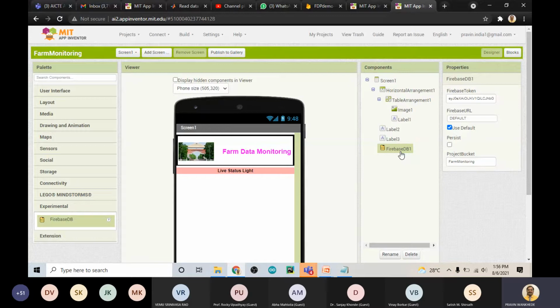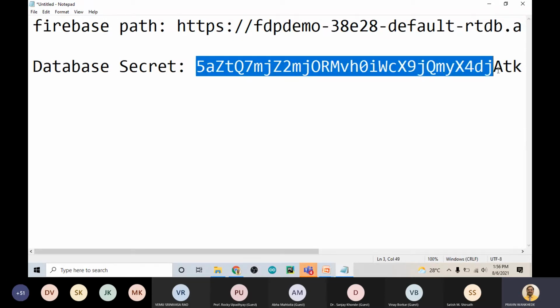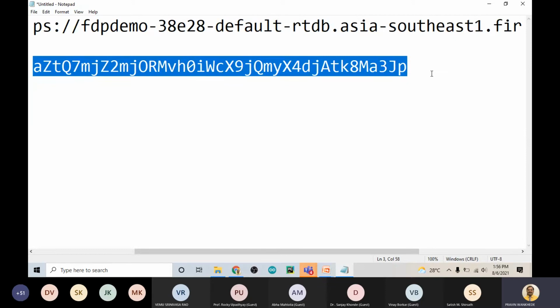Now, on the right hand side, if you click on the Firebase, it is showing some parameters. The first parameter is a Firebase token. Second is Firebase URL. Then it is called a project bucket. Okay, so what do we have to do now? In the notepad itself, we have copied something already, correct? These parameters we have copied at the time of Firebase. So the database secret, that is nothing but your key. Just copy it completely,